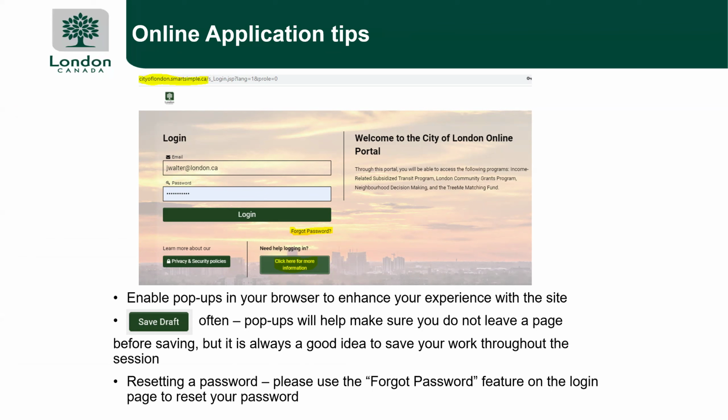You should probably enable those pop-ups in the browsers to allow you to have access each time you want to log into the portal. Once you get inside, the first thing and the continuous thing you want to do is to always click Save Draft on any parts of your application. If you forget your password, there's a simple forgot password. You don't have to wait for us. You don't have to email us. You can just click the forgot password, and an auto-generated password with a link will get you back into the system.